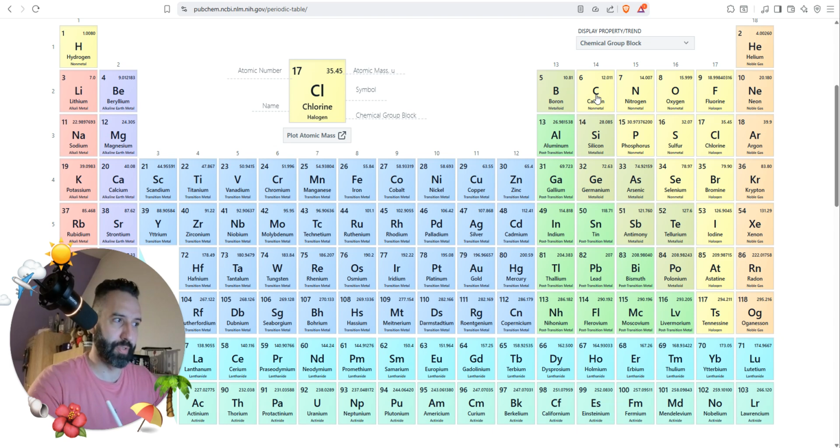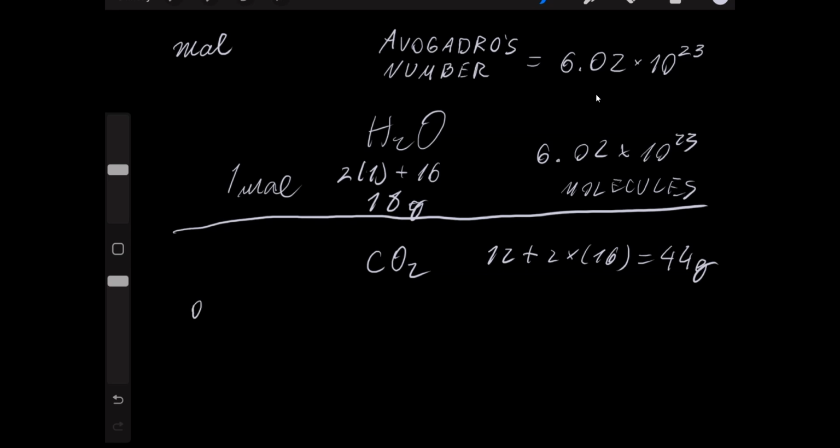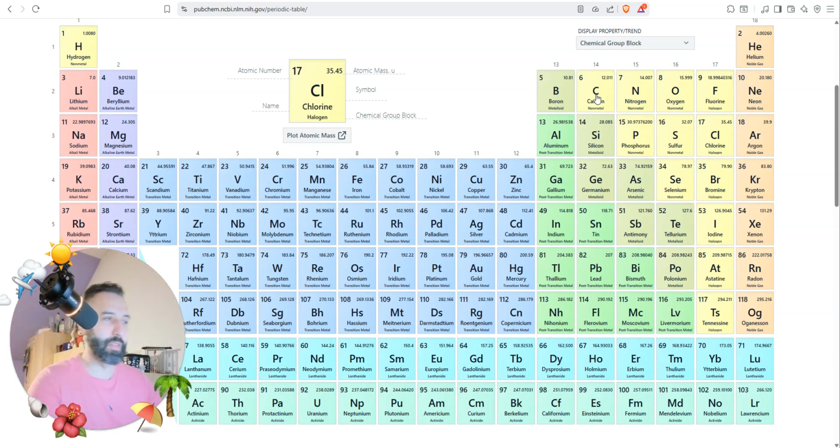0.012 moles of CO2. So let's say we want to calculate 0.012 moles of CO2. And then I want to know the mass. How many grams of CO2 is in 0.012 moles? This is easy to calculate just by multiplying, but I just want to show you one method that you want